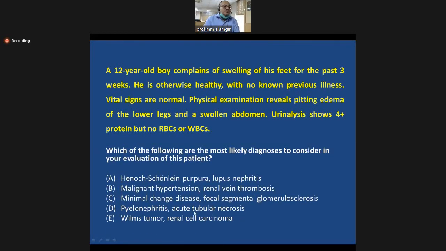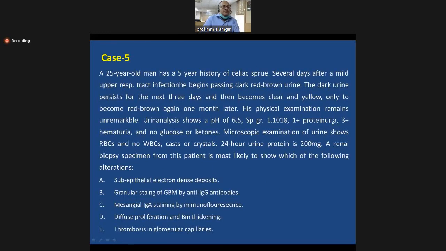So this was a case of basically IgA nephropathy, in which we have this history of celiac sprue, then we have nephritic syndrome. It may proceed on to develop nephrotic syndrome. And then we have IgA deposition, which happens to occur in the mesangium. The others we exclude, because the first one was of membranous glomerulonephritis, the second one was of Goodpasture syndrome, the fourth one, D, was of membranoproliferative, and E was of hemolytic uremic syndrome. So the most palatable choice that remains is the mesangial IgA staining by immunofluorescence.